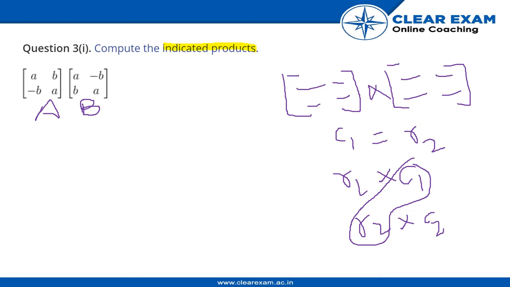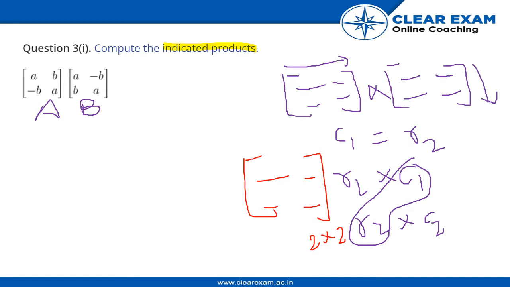The next step is that we move horizontally in the first matrix and vertically in the second matrix, and then multiply the corresponding elements to each other. For example, our resultant matrix is a 2 cross 2 matrix that looks something like this: this is our first element, this is second, this is third, and this is fourth. So how to calculate the first element? I am going to show you now.